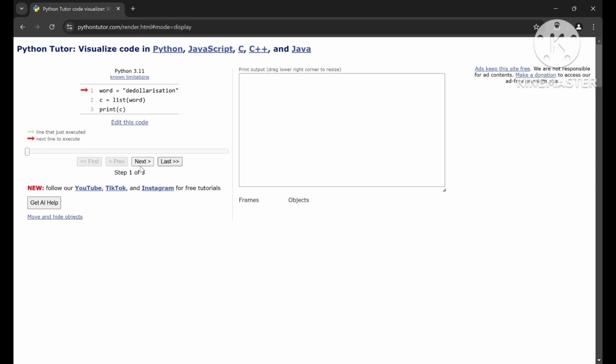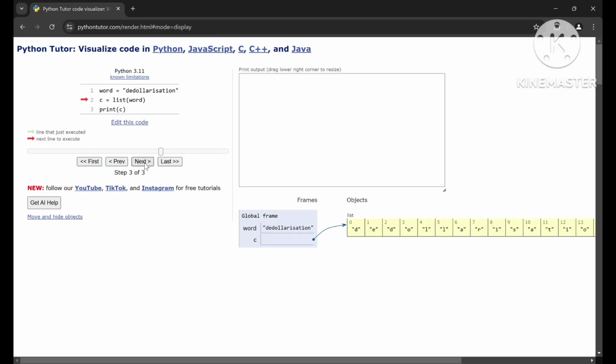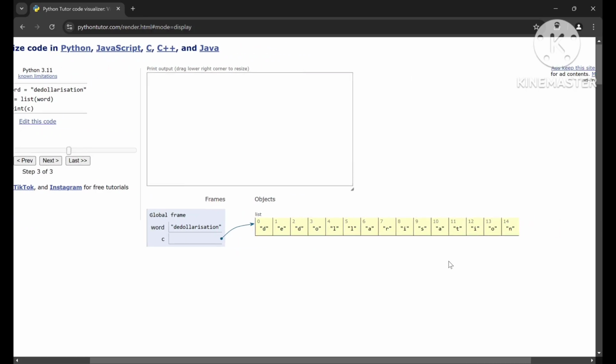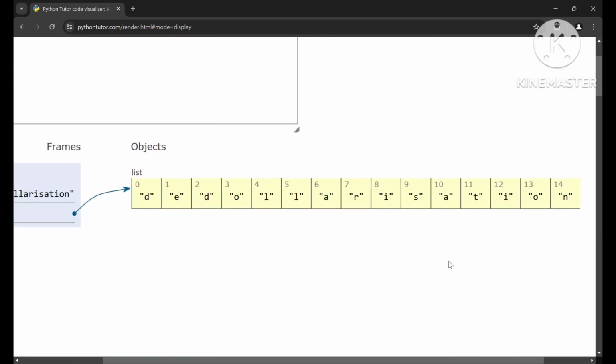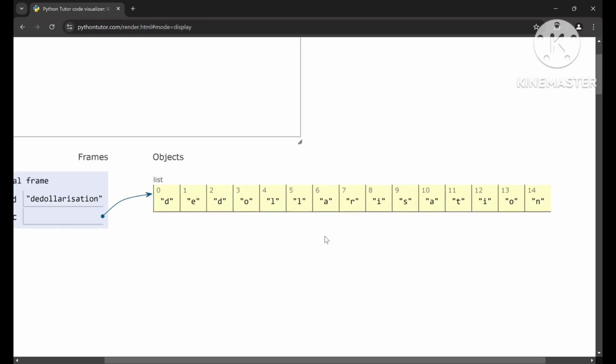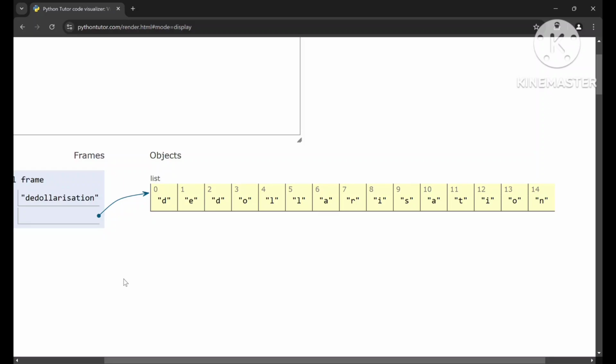First I'm giving nums equal to list of range